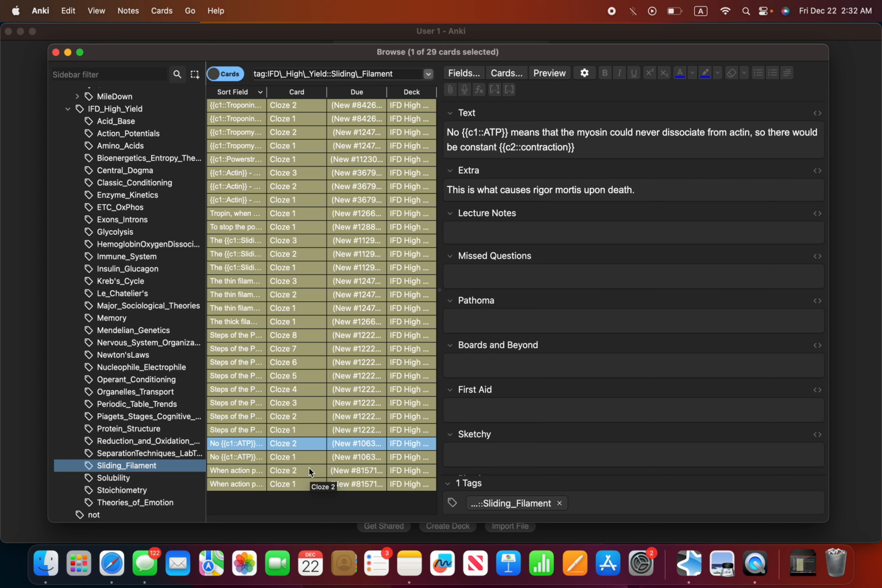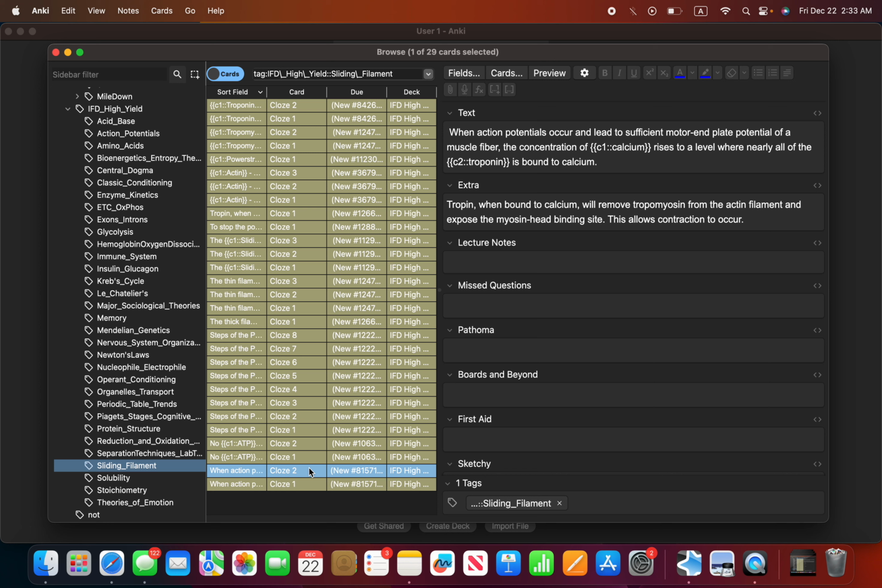When action potentials occur and lead to sufficient motor end plate potential of a muscle fiber, the concentration of calcium rises to a level where nearly all of the troponin is bound to calcium. Troponin, when bound to calcium, will remove tropomyosin from the actin filament and expose the myosin head binding site. Oh, so that's why you need calcium for this whole thing to work. When troponin is bound to calcium, then the active sites are exposed,